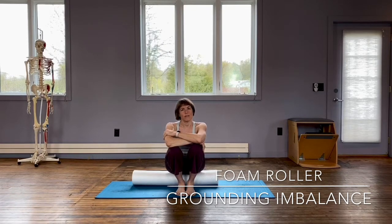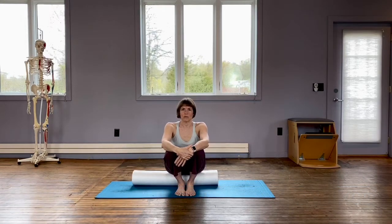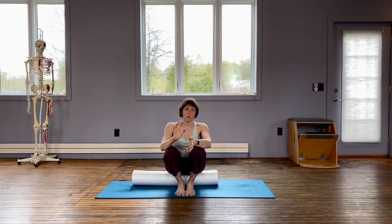One of the things I love about the foam roller is the ability to deal with imbalances, and I'm someone with scoliosis, so I'm always looking for new and interesting ways to address my tendency to be a little off side to side, and the foam roller is really helpful for that. But even for so many people without that particular issue of scoliosis, we tend to have one side that works a little more, is a little more tense, or just holds us together a little better than the